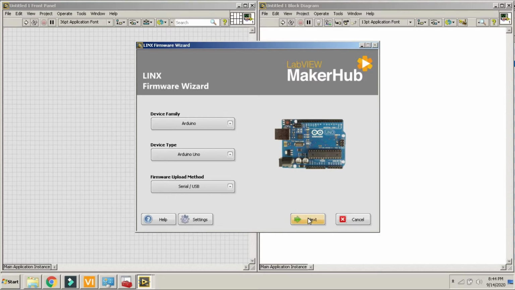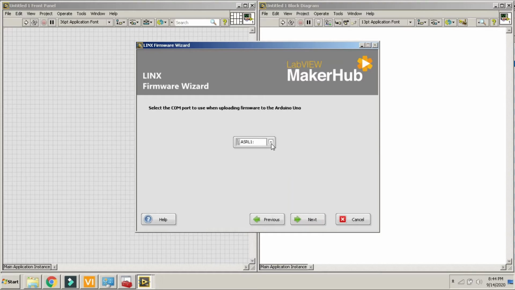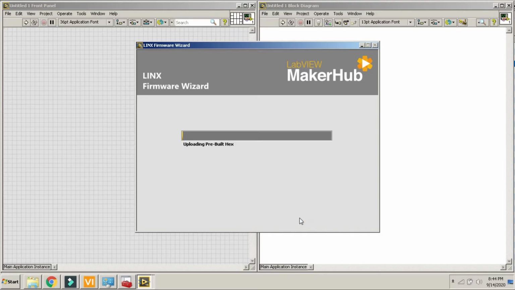Then next, over here you have to select your COM port, which is the COM port that came during installation of the Arduino software. If you don't have the Arduino software on your PC, this COM port is invisible to you. Then next, when you click next, your LabVIEW software is interfaced with your Arduino, and your TX and RX LEDs continuously blink.